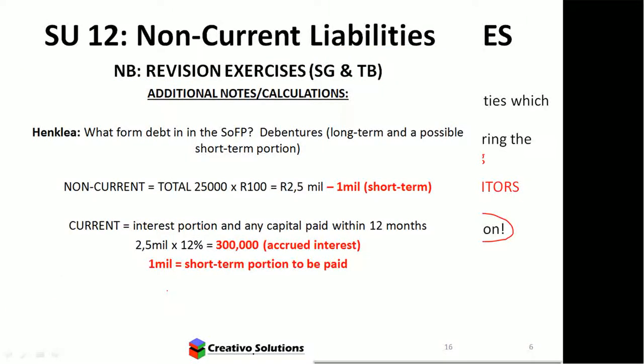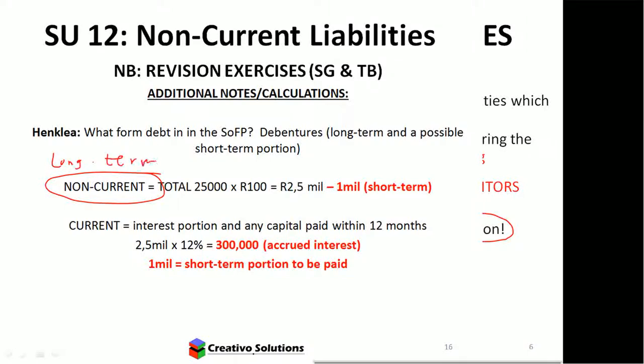Okay, and this is just an additional example that comes out of the textbook. The textbook talks about these debentures. They tell you that there's non-current, total of 25,000 of 100 Rand debentures. So if I times that, I'm going to get 2.5 million, minus the short term. Why do I take out short term? Because I want non-current, and non-current is